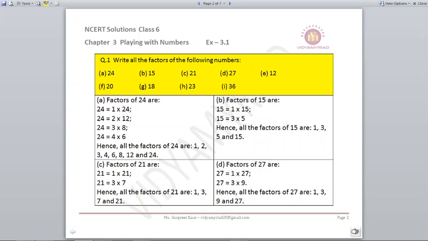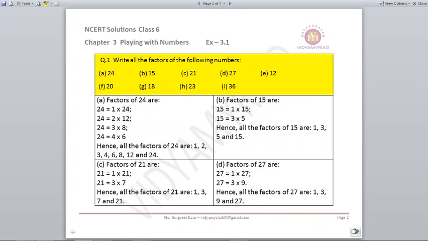So in the rough column I can even divide 24 by 2. I know 2 12s are 24. Next 3 8s are 24 and 4 6s are 24. So all these numbers we will start writing 1, 2, 3, 4, 6, 8, 12 and 24 in the pattern like U. It will become like U. If you see 1, 2, 3, 4 then 6, 8, 12, 24. It's a format of U. In this way you need to write your answers.